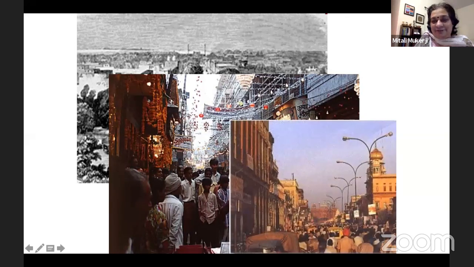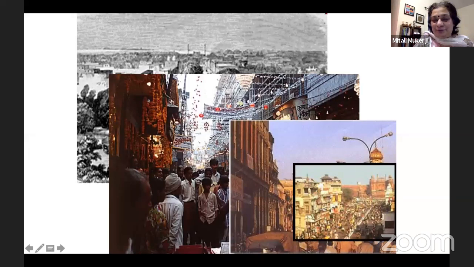I give you another one. Can people make out what this is? Now many people should be able to make out that this is Chandni Chowk, right? And now nobody can mistake. So that picture which I showed was Chandni Chowk of the 1900s or something like that, and this is